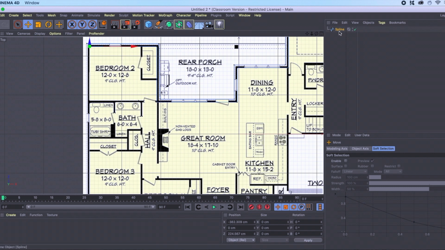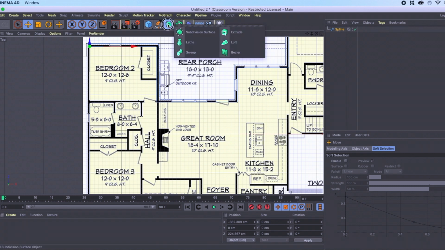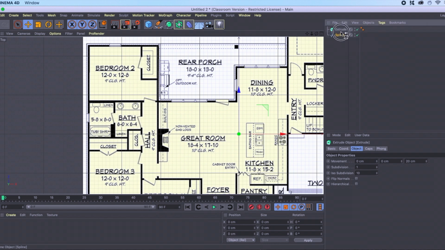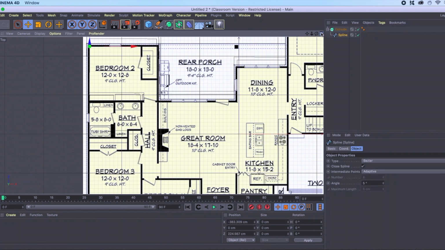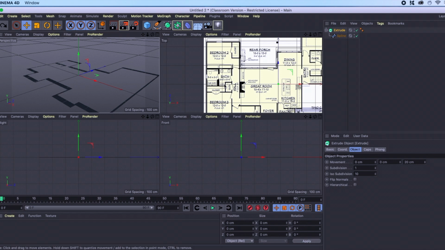So the next step is to take my spline and put it into an extrude. So I'm going to go up here and grab an extrude, take my spline, make it a child of the extrude, and I'm going to go back to, in the split screen, I'll be able to see what the extrude looks like. So click on the extrude, and underneath object properties for movement,